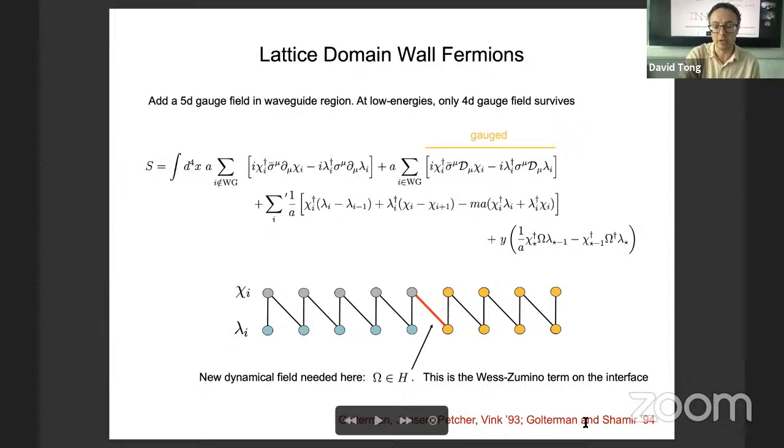I've called it omega. This is work by Golterman and company from the 1990s. And largely, this is the reason why the waveguide region approach fails to work. There's a new light field here, but it's very clear from the construction why this light field is there. It's precisely the Wess-Zumino term, which was needed in the continuum perspective if the anomalies of the fermions under H